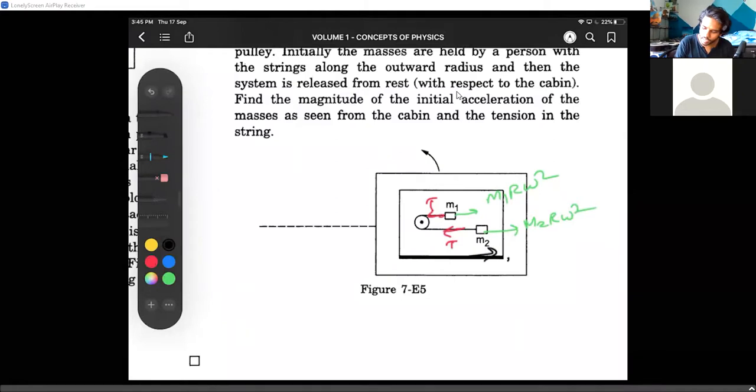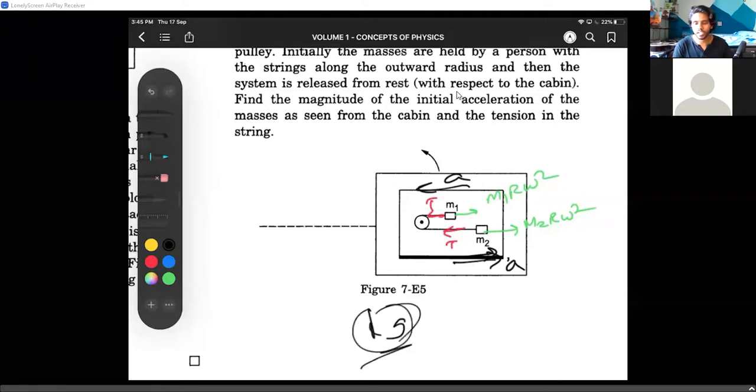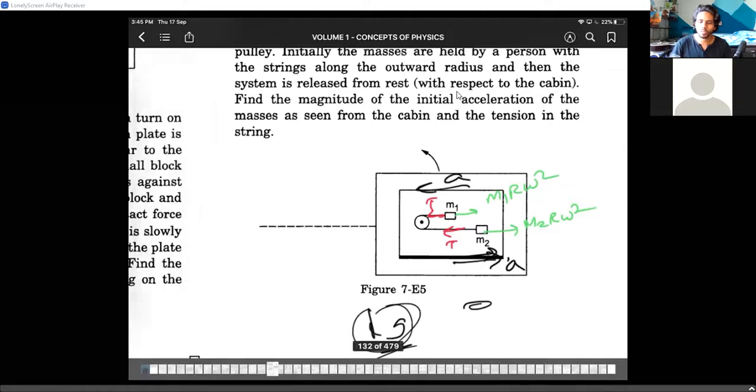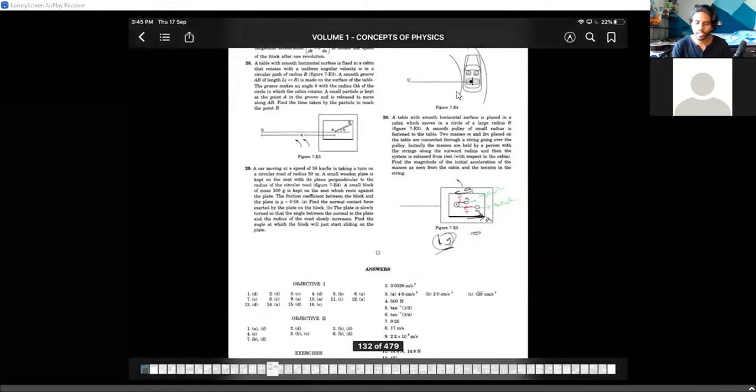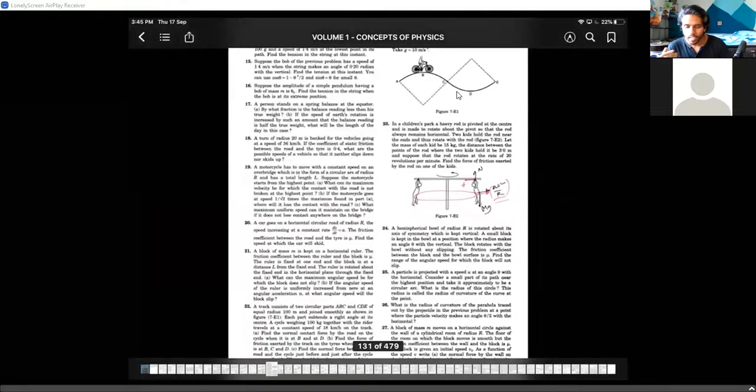Let us just imagine that this is accelerating downward, this is accelerating upward. There is no gravity. Gravity is vertically downward, so you forget about gravity completely. You try to simply solve the problem normally, and you'll get it. The suggestion that I'm trying to make is, every time you face a problem from circular motion from now onwards, try to get into the frame of reference of the circular motion, and half of the problems are solved there. It gets much easier that way.